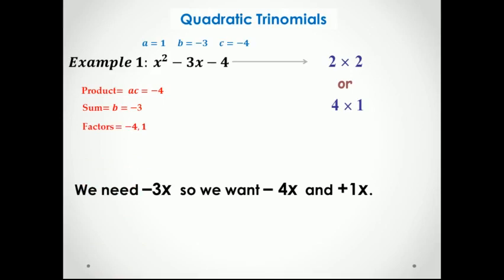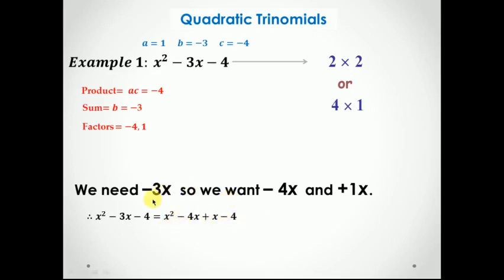Now, using these two factors, we are going to split the middle term, this -3x we have here. We're going to replace it with these two factors, and that will give us x squared minus 4x plus x, and then we write back our -4. Some persons are comfortable writing 1x. If that's the case, you can go ahead and do that, but in algebra we don't usually write 1. So now you realize that we have 4 terms,